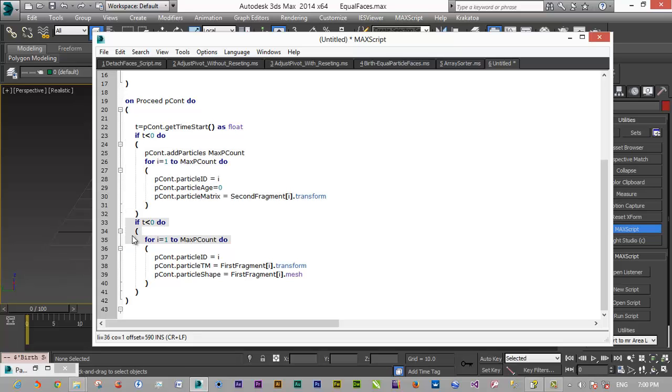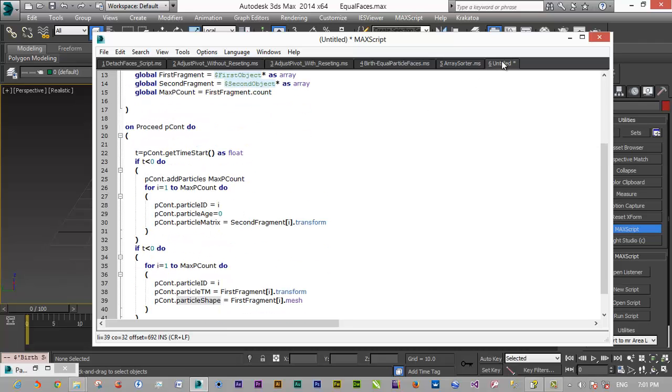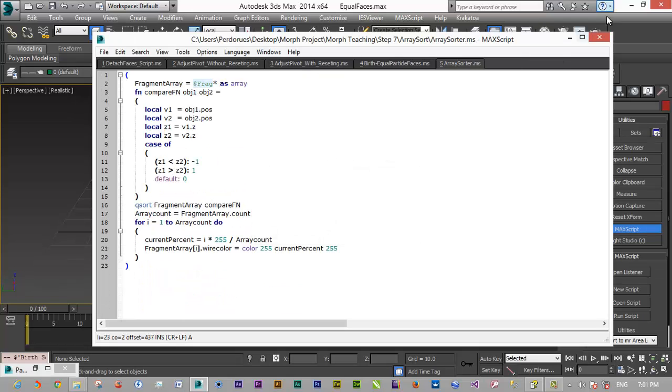I go to my first object and say, okay, repeat this loop from 1 to 192. Select the particle, and this time the particle transform should be my first fragment object. Which object? The ith object, the first, the second, and take the transform and apply it to my particle, and take also the mesh of the first fragment and apply it to my shape. So right now what I have here